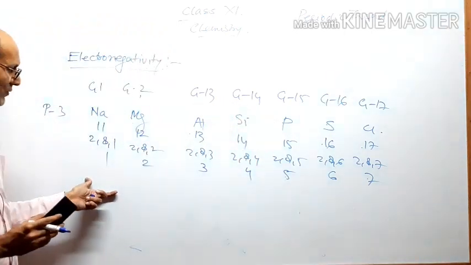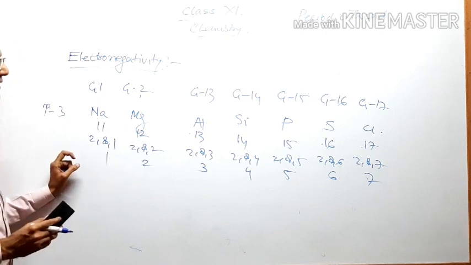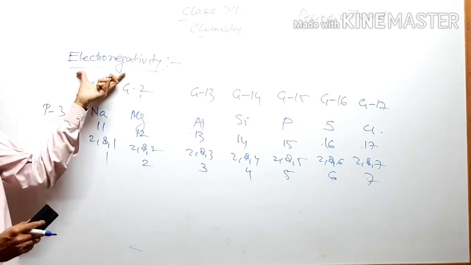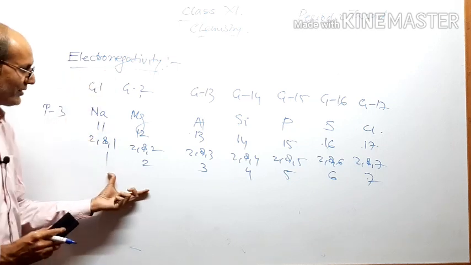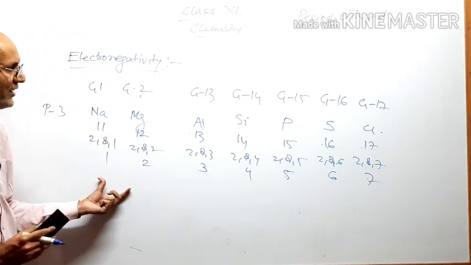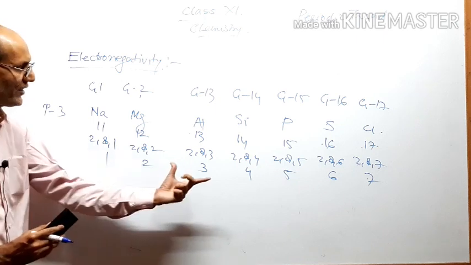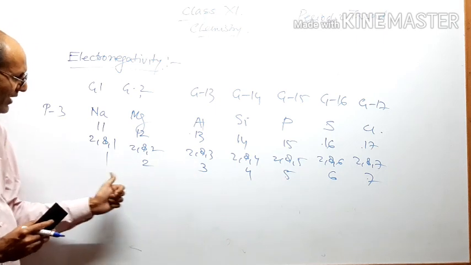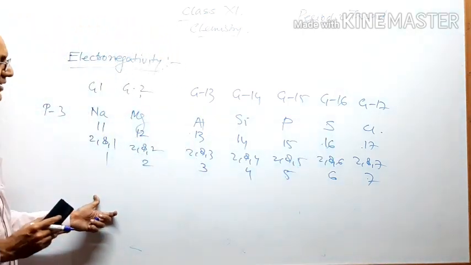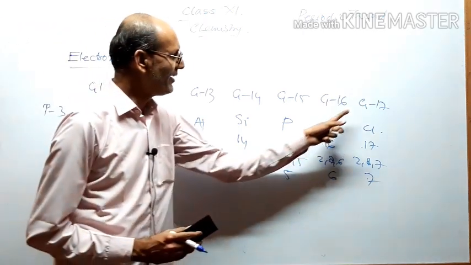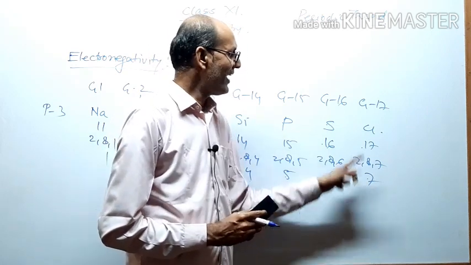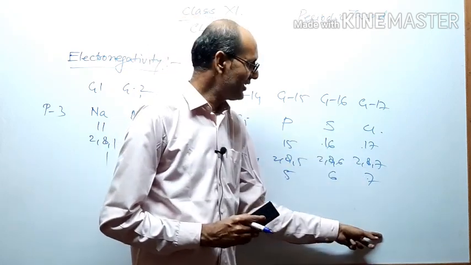When the size decreases, the tendency to gain electrons, or you can say in one word, electronegativity, will increase. So finally we come to the conclusion: electronegativity on moving from left to right increases because the number of valence electrons is increasing and nuclear charge increases. Group 17 elements have the maximum number of valence electrons. They all have 7 valence electrons. That's why they have maximum electronegativity.